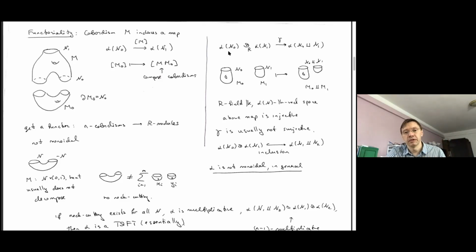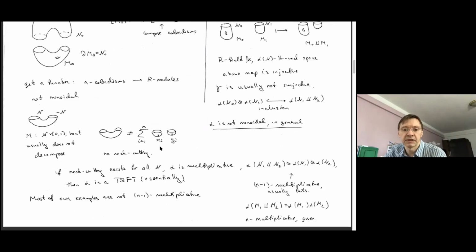And most of the time, in good examples I know, this map is injective. It's always injective when the ground ring is a field, but it's usually not surjective. It's only injective because usually if you have a manifold which bounds the union of N null and N1, you may not be able to cut it into a sum of pieces that separate N null and N1. And this relates to the question that Matt asked last time in Victor's talk. You usually don't have this neck cutting property, that I symbolically wrote as: we cannot usually compose a tube. The tube is this cobordism,